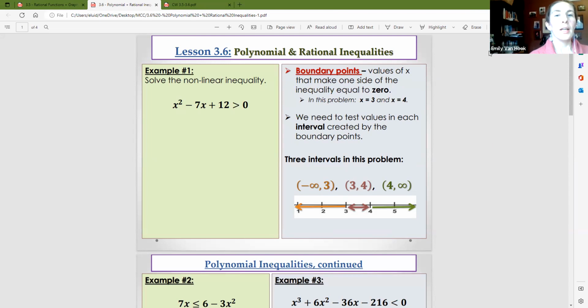Okay, so even though I just put the notes up, I'm just going to navigate away from this for a minute and show you a general idea of what's going on in this section. So going to go to a blank screen, then come back. Okay, so new blank screen. So I just want you to think about